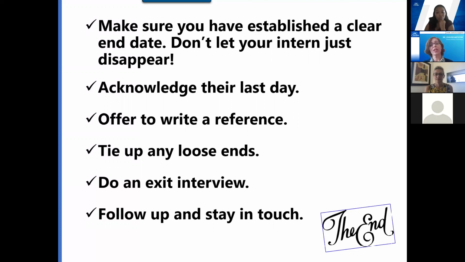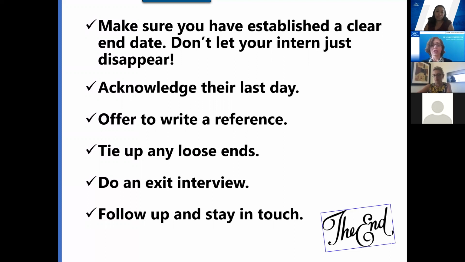And hopefully, if you've been giving them feedback throughout the whole process, they have improved and they have grown. So it's not difficult to write the letter. It would be difficult if the intern was not matching up to your expectations, and then at the end, you don't feel like you can write a letter. But if you've been giving them that feedback and they're growing and so forth, hopefully then you can write that. And tie up any loose ends, whether that's getting equipment back, or they had some sort of key badge, or whatever they might have that you need.